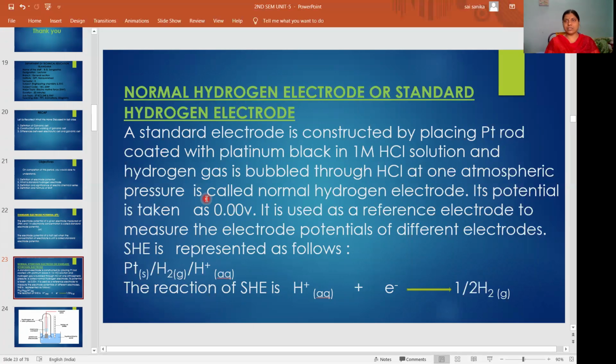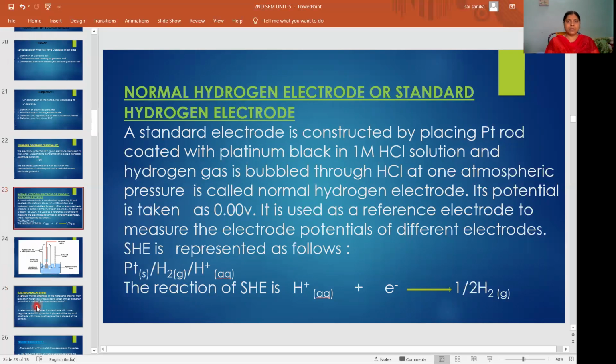That means this electrode is taken as cathode, and whatever electrode potential you want to measure will be taken as anode. That means a galvanic cell will be formed. Like that we can measure the potentials of the different electrodes by taking this SHE, standard hydrogen electrode, and this is represented like this: platinum solid, hydrogen gas, H plus aqueous. The reaction will be H plus undergoing reduction and you are getting hydrogen gas. And next we come to the